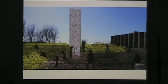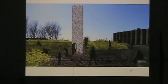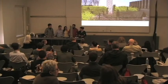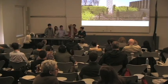This is an idea of what it might look like on the site once it's built there, and grow some flowers around it. I think that's it, right? Ready for any questions? Opening up for any kind of questions anyone has. These guys want to show you something outdoors. So maybe, the model,